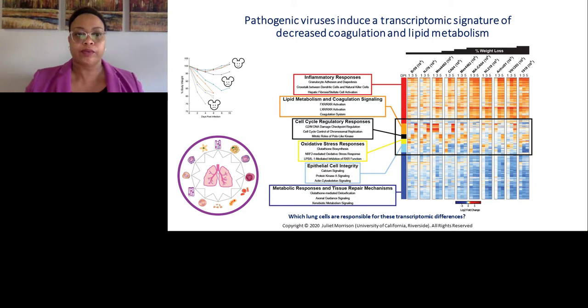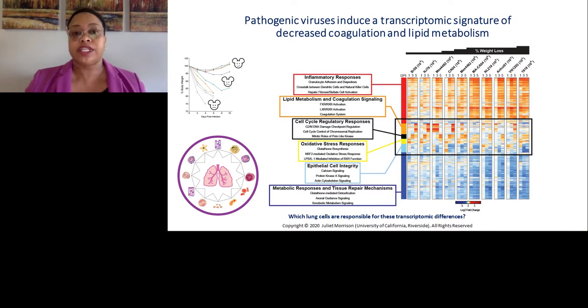And I want to point out in the left-hand corner, I'm showing you a weight loss curve of the different viruses in this particular compendium. We have a variety of viruses that lead to severe weight loss and death in mice, so the sad face with the crossed out eyes. We have viruses that can lead to some weight loss, but then the animals recover. And then we have other viruses that cause very mild disease, and so the mice do not lose weight in this situation.